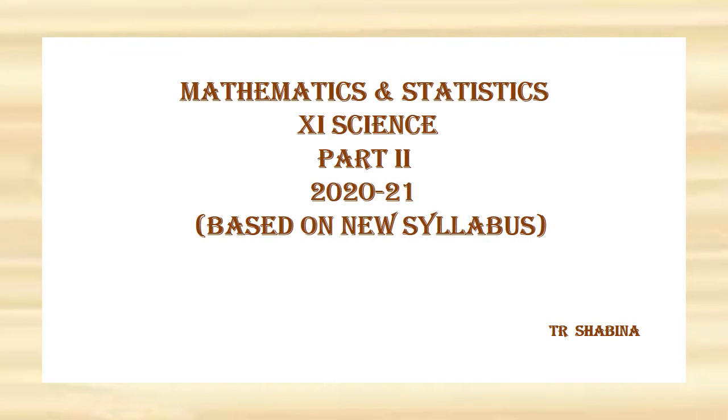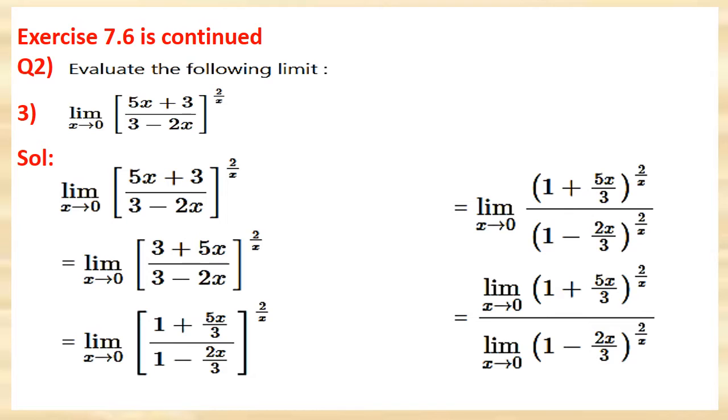Students, we are continuing with the sums of exercise 7.6 of the lesson limits. Question number 2, third one. Evaluate the limit x tends to 0, ((5x plus 3) upon (3 minus 2x)) the whole raised to 2 upon